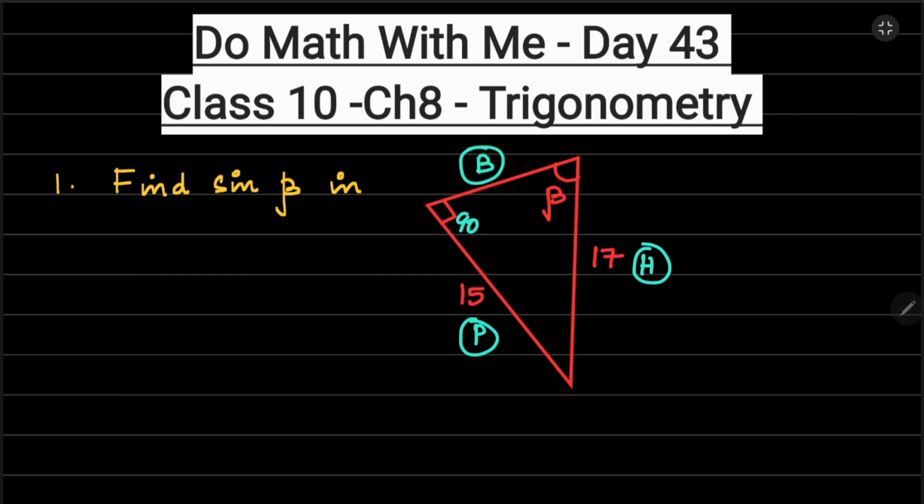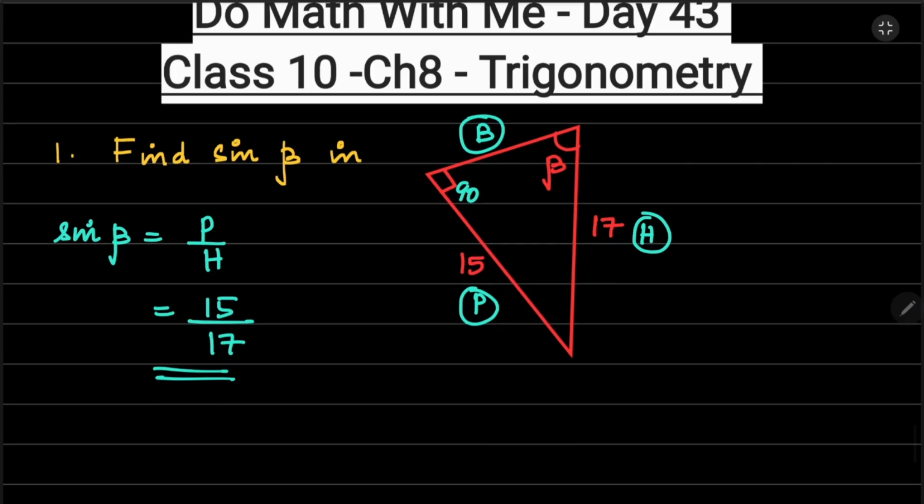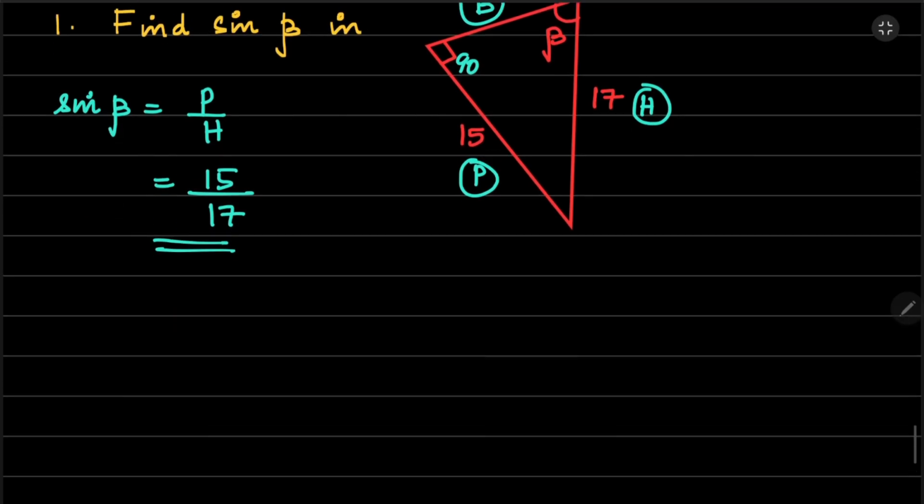Once you know perpendicular, base and the hypotenuse, you can calculate what is sine of beta. Okay, so what is sine beta? It is P by H. It's directly given, you don't have to calculate. P is nothing but 15 divided by H is nothing but 17. So this is the value. Okay, so I hope all of you know the trigonometric ratios. Okay, it is